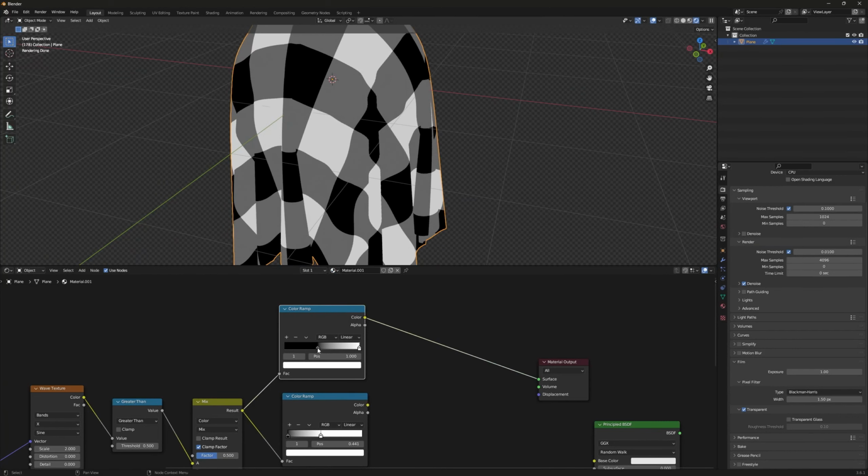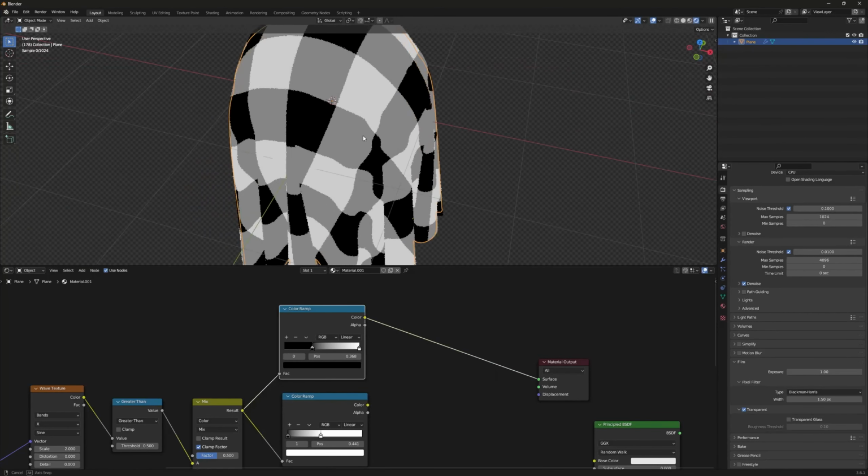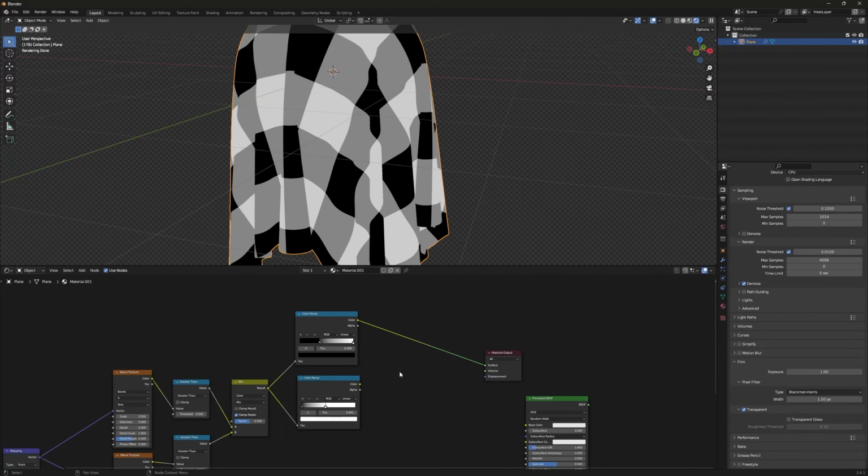Now I'm gonna move this black slider a little bit to the left so I can get that gray color. Yeah, now I'm happy with this result. As you can see, the gray color is looking fine. Now what I'll do, I'll mix this color ramp by adding a mix color node,